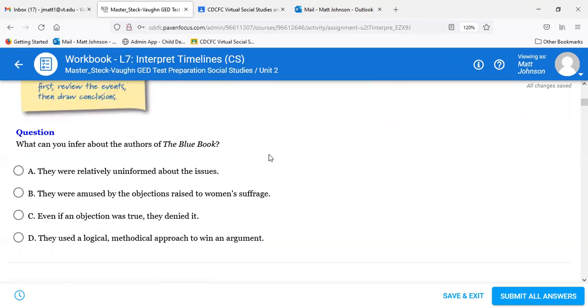What can you infer about the authors of the Blue Book? A, they were relatively uninformed about the issues. B, they were amused by the objections raised to the women's suffrage. C, even if an objection was true, they denied it. D, they used a logical, methodical approach to